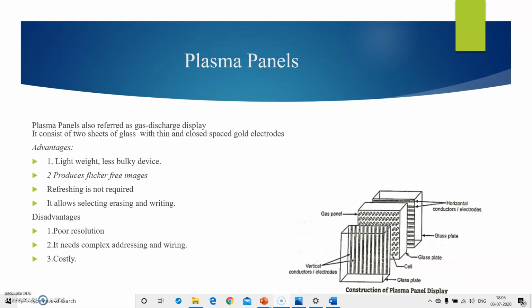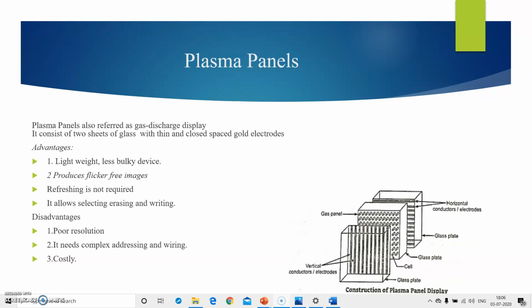These are attached as a series of vertical conductors on one glass plate and horizontal on the other glass plate. The space between the two glass plates is filled with neon-based gas and is sealed. You can look at the diagram that is shown on your slide.